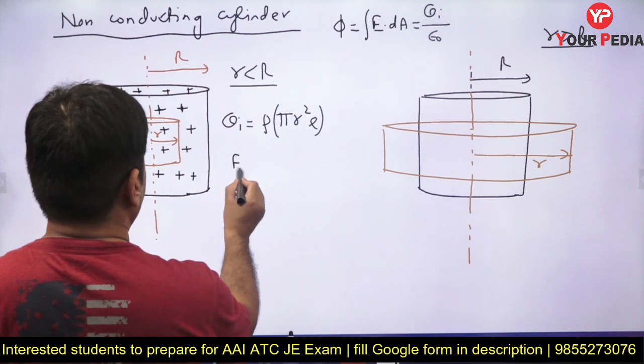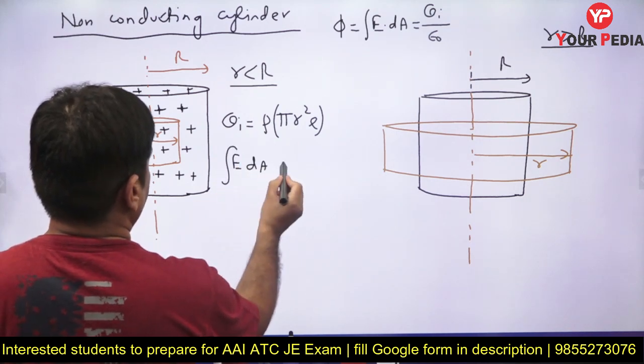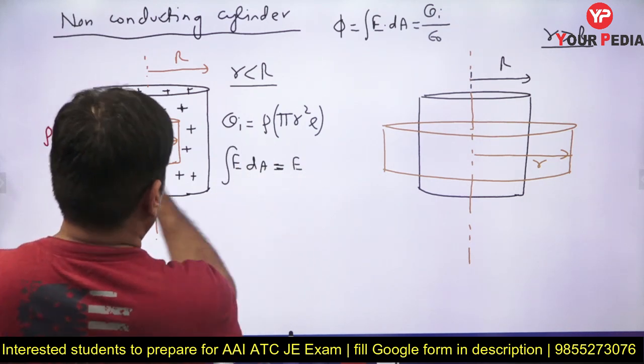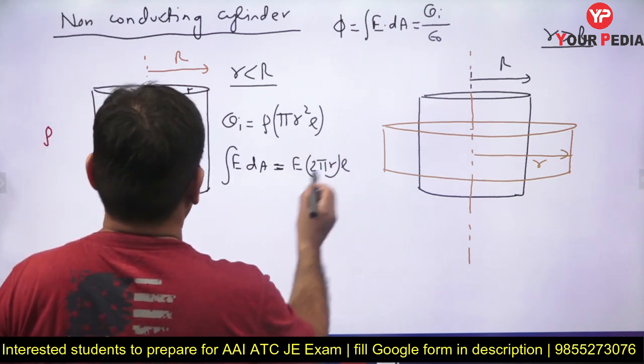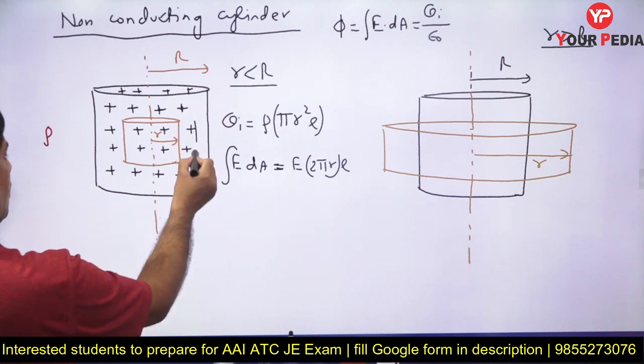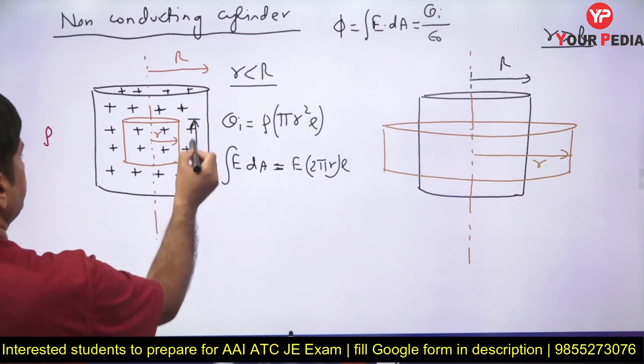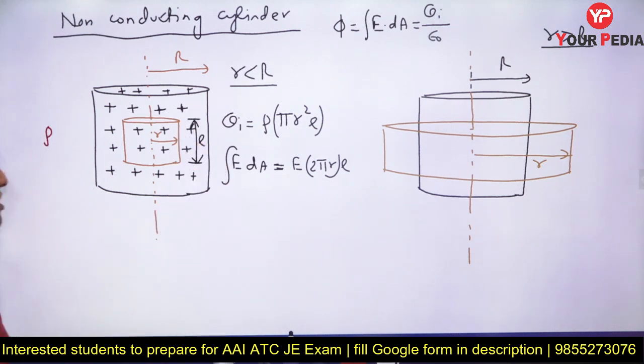So E dot dA is nothing but E into the area, 2 pi r into L. I am assuming it to be of dimension L. So I want to find out the electric field because of this